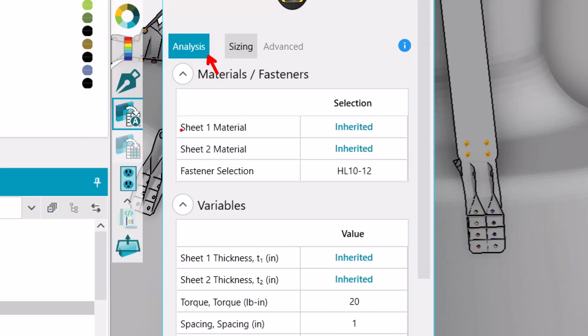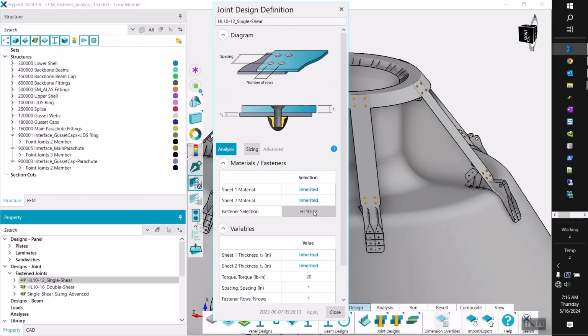For our materials, we are inheriting the plate materials and plate or composite material, whatever the spring is connected to. We're inheriting those designs that are connected to the springs through the RBE elements. And we're also inheriting the thicknesses. We have assigned a fastener, a HL10, which is a high lot fastener -12. So that indicates the